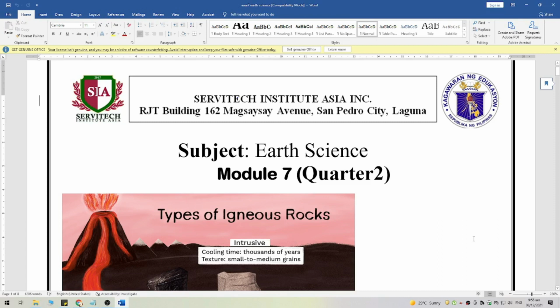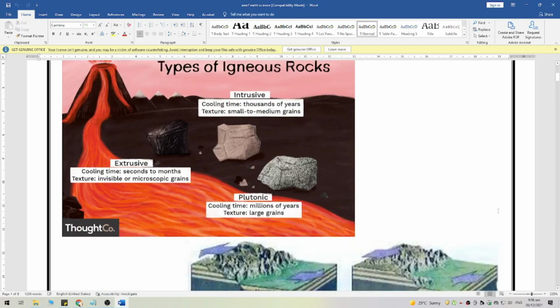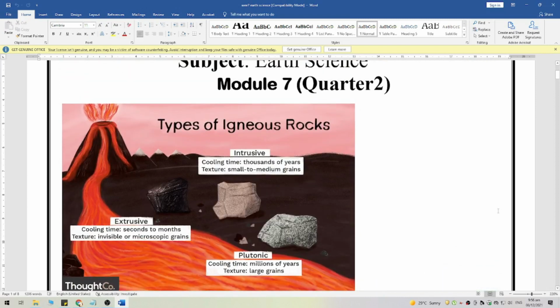So we can see in the diagram here the types of igneous rocks. We have extrusive, intrusive, and plutonic. Alright, so cutting it short, when we are discussing extrusive rocks, ang cooling time nito